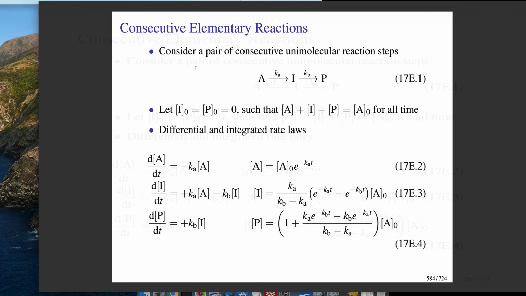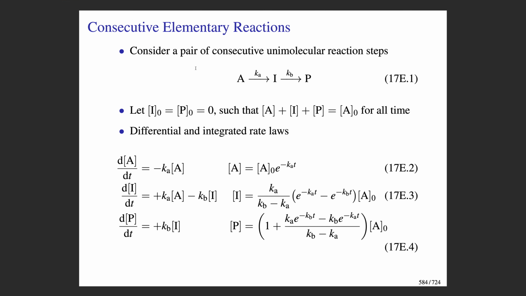Here we're going to look at a specific mechanism. This is called a consecutive pair of elementary steps, and each of the steps is unimolecular. So we have our reactant A forms an intermediate I, and there's a rate constant for that step, and then the intermediate I forms the product, and there's a rate constant for that second step. We're going to suppose that initially there's no intermediate or product present, so at time t equals 0, the concentration of the intermediate and the product are 0,